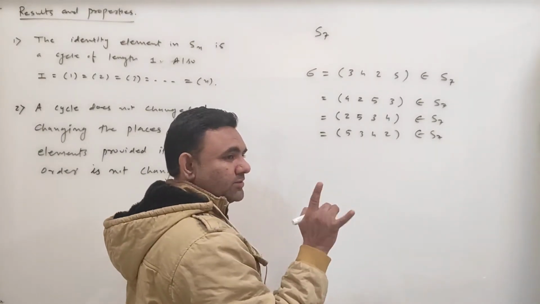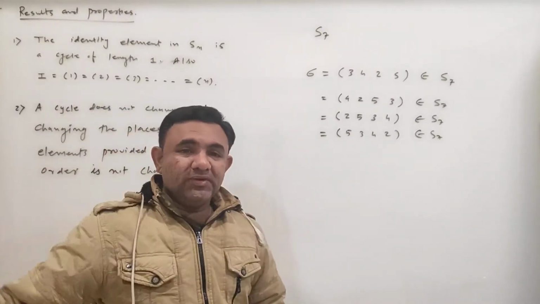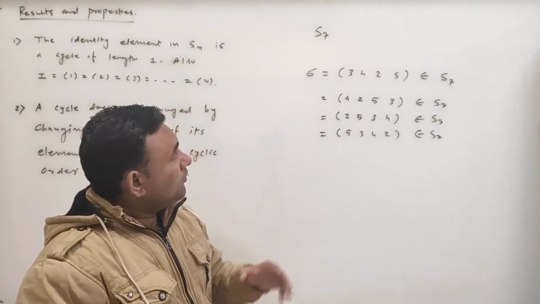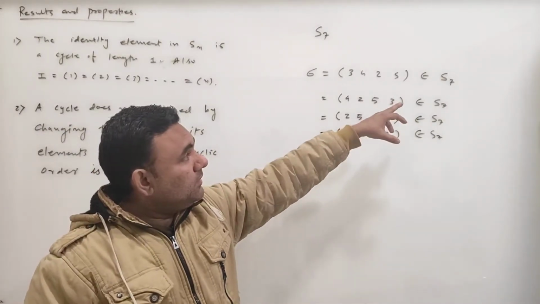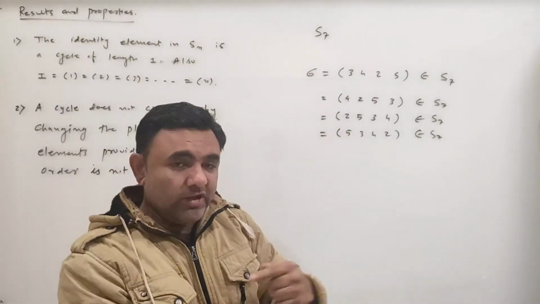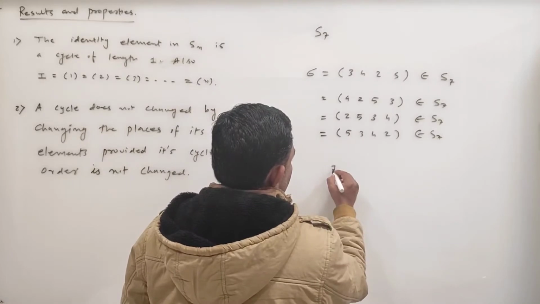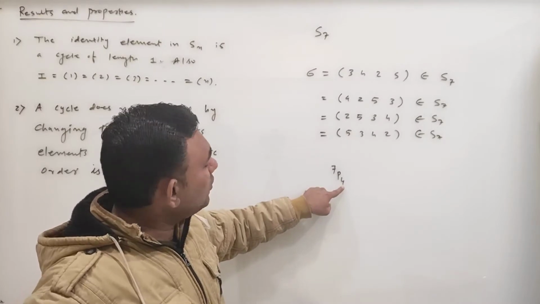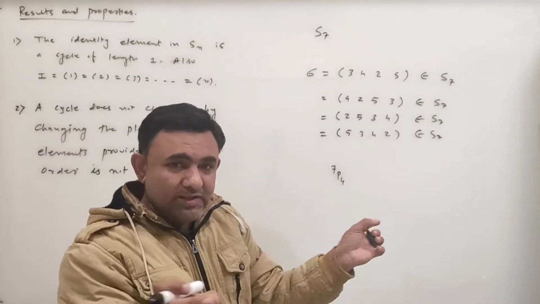It is a permutation. Permutation means it is a function, and it is a function from where to where? From 1 2 3 4 5 6 7 to 1 2 3 4 5 6 7, or 7 objects to 7 objects, the same set. So I want cycles of length 4, so what do I have to do? I have to select any 4 elements, take 4 distinct elements, then you consider their arrangement. So how many ways can I do it? It is 7P4. You consider 4 objects out of 7 objects, and you arrange them in a row. Then you will get a cycle.